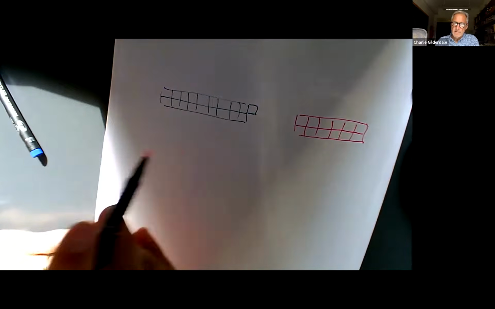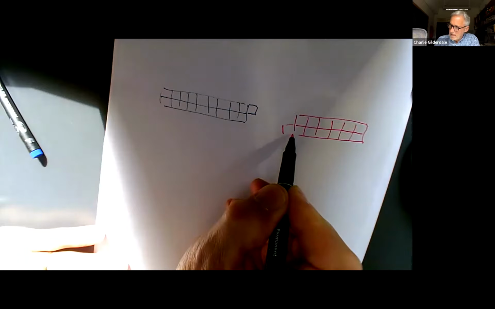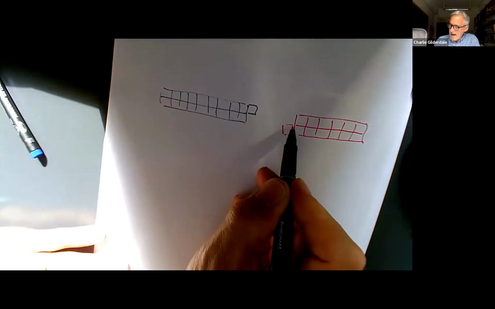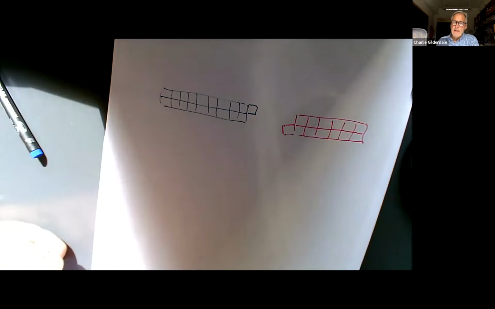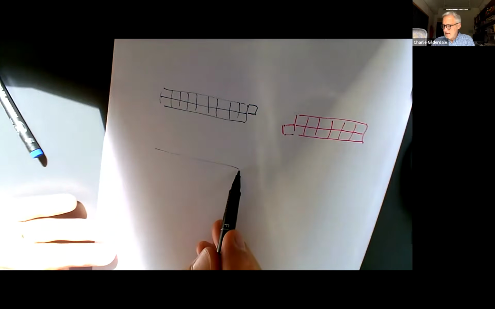But if I imagine the original one was even, and if I add one square, then I would have an odd number. And now I can imagine putting the two together. And if I put the two together, then I'm going to end up with something like this